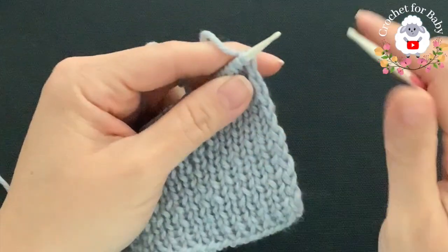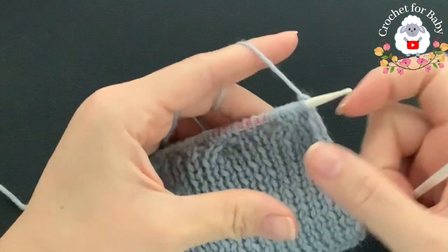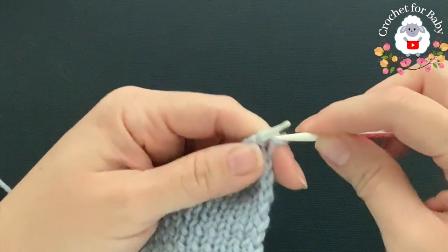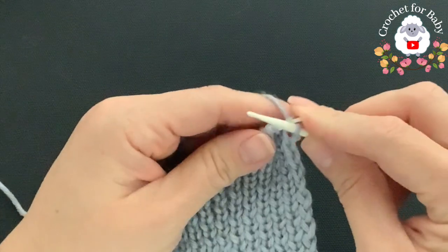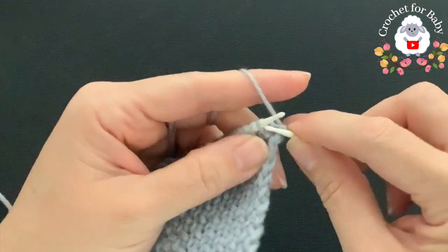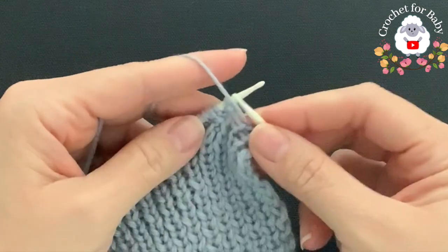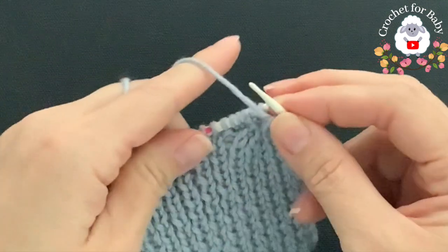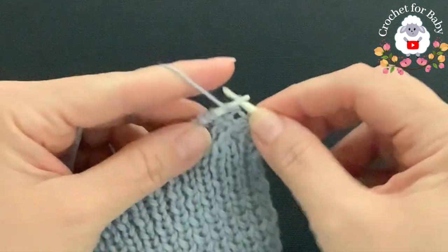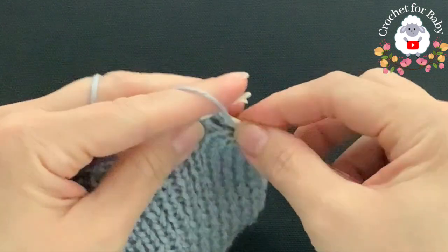Now for the second row here, this part here consists of 6 rows. So the first row is where we do the twists, and then we do 5 more rows. So now for the second row, I am going to slip the first stitch, and I am going to knit 2. Now the 6 stitches that follow, which is the cable here, we are going to purl 6. 1, 2, 3, 4, 5,